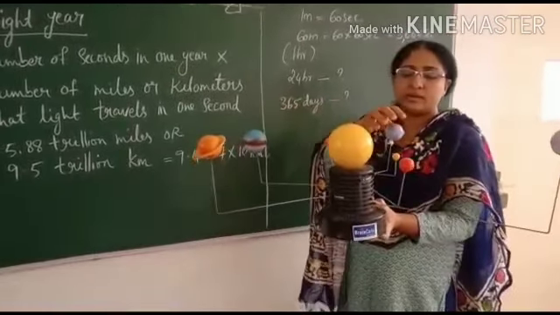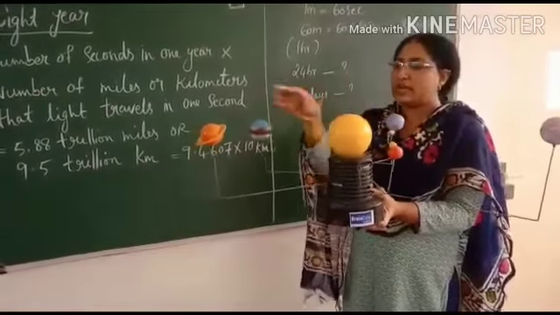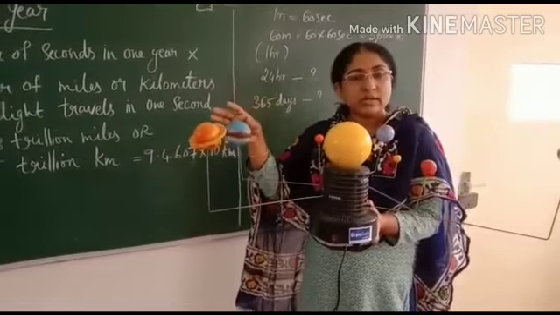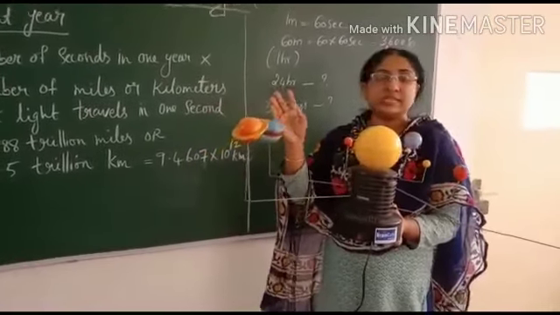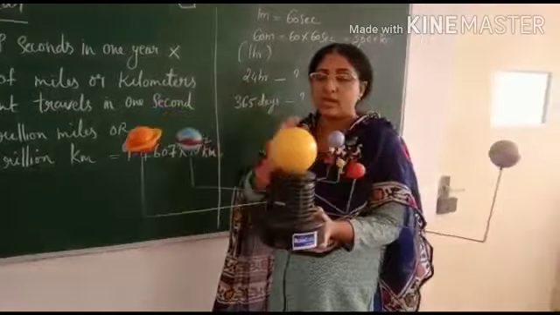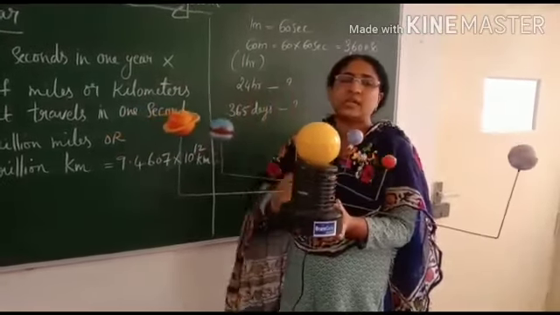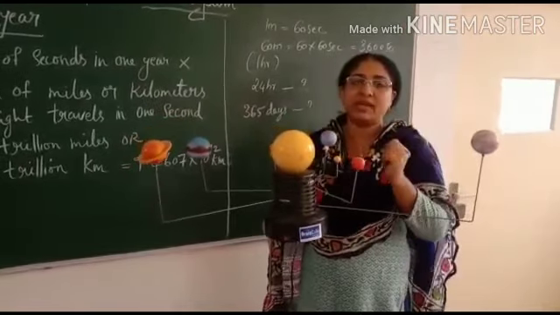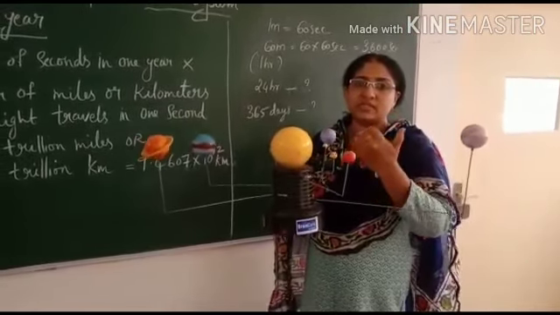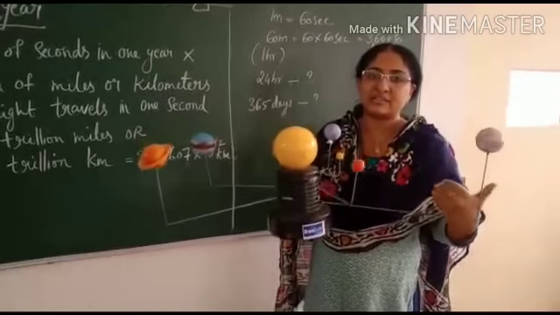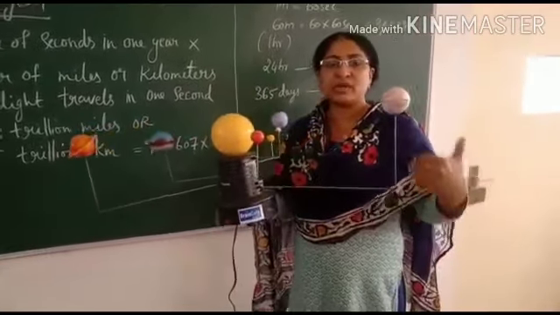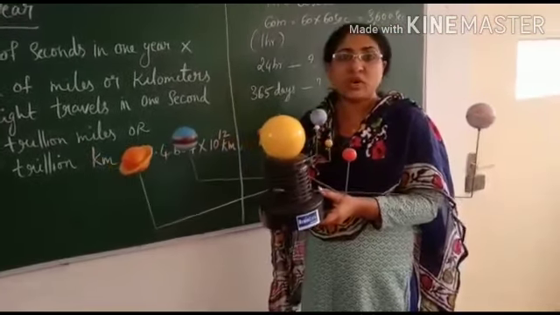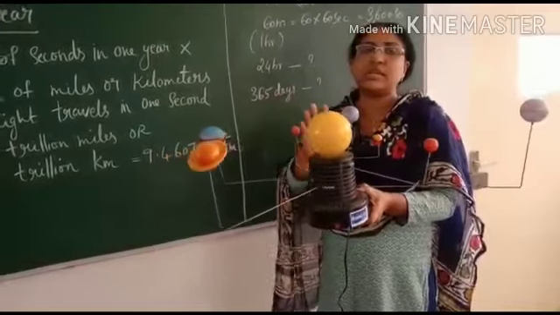Then, if you are taking any planet, each planet has its own moon or its own natural satellite. Moon is also known as natural satellite. Clear? So how many planets are here? There are 8 planets. So what is the order of the planets? There is an order for the planets. First Mercury, then Venus, Earth, Mars, Jupiter, Saturn, Uranus, Neptune and Pluto. Pluto is now considered as a dwarf planet. Clear?